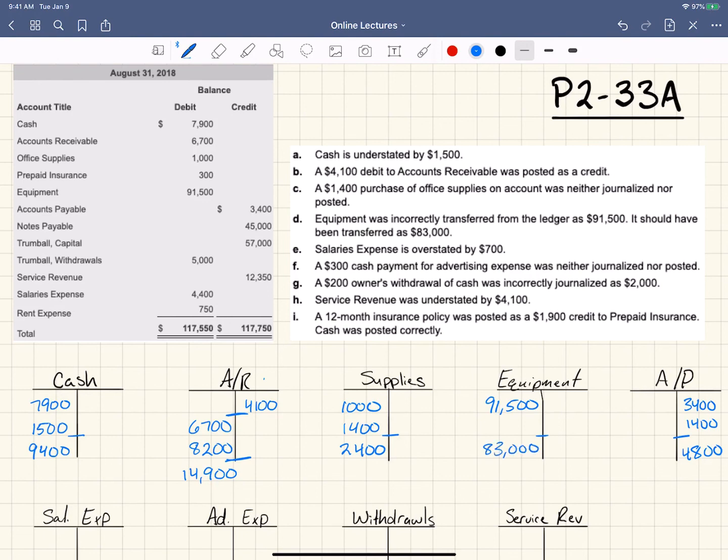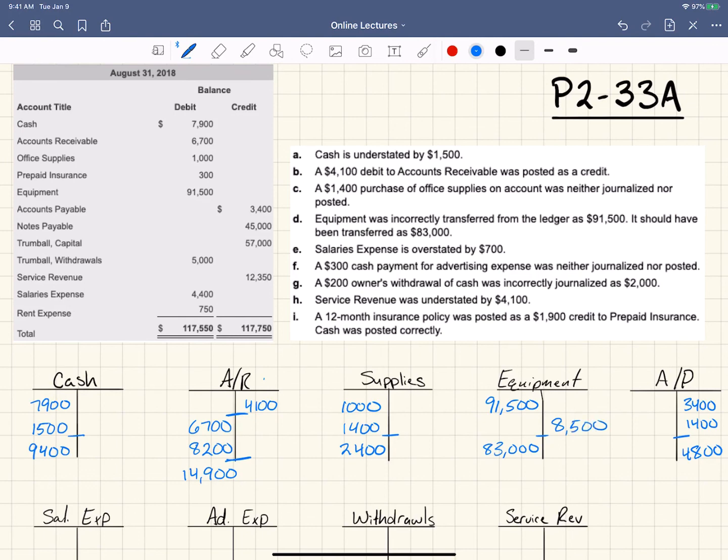So the question is, what do we need to do, a debit or a credit, and how much to get it to balance, right? Well, anything we debit here will just make this number bigger. So we need some sort of credit that will reduce this number to 83. So I'm going to get my calculator here. And I see that by taking 91,500 and subtracting 83,000, I get to a credit of